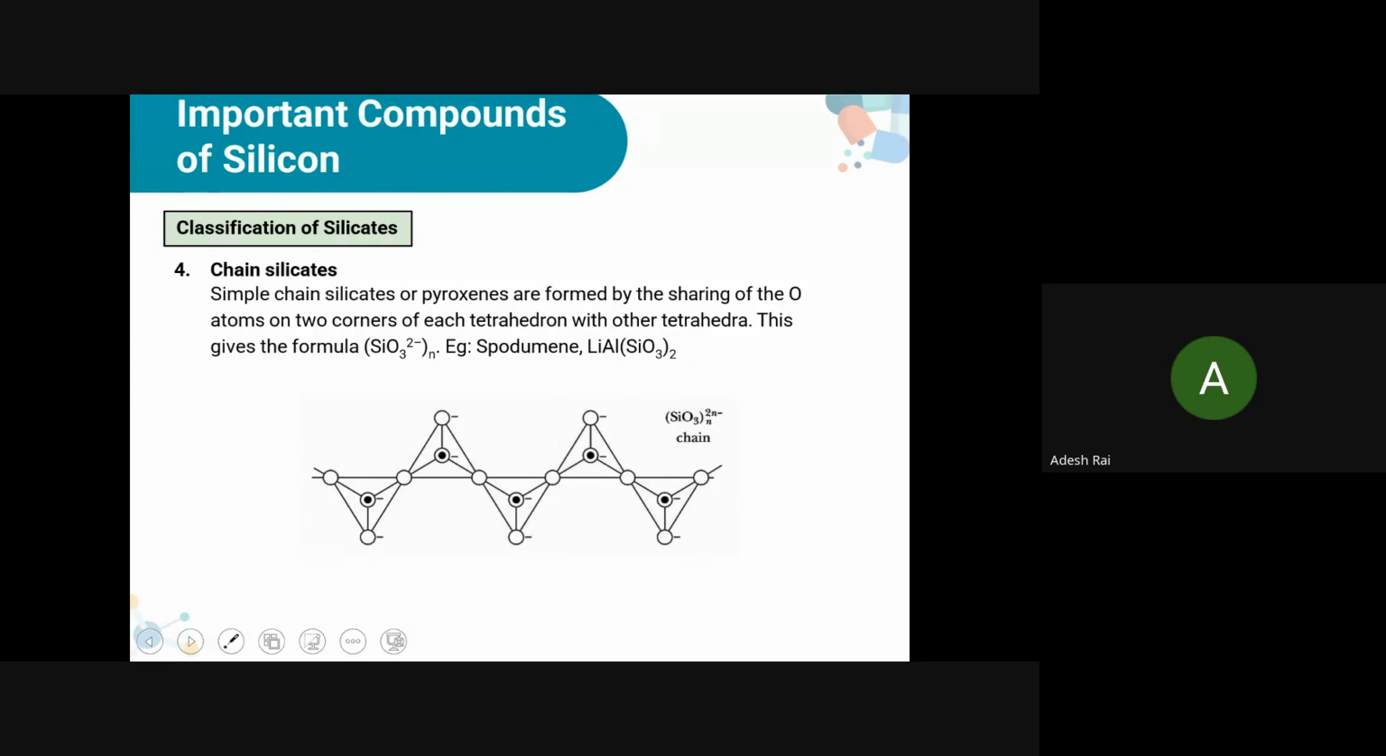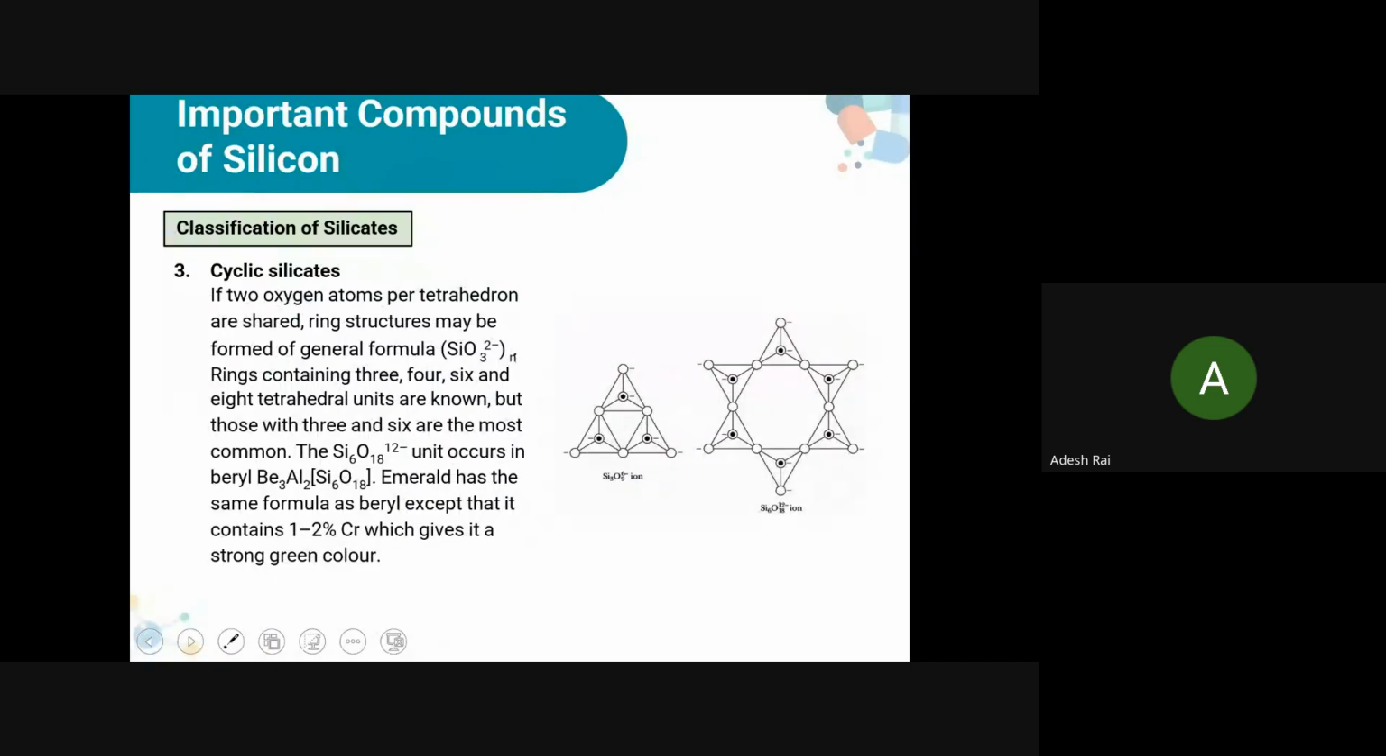Now comes the chain silicate. Now comes what? Chain silicate. So simple chain silicates or pyroxenes are formed by sharing of the oxygen atoms on two corners of each tetrahedron with other tetrahedra. So if you see this,